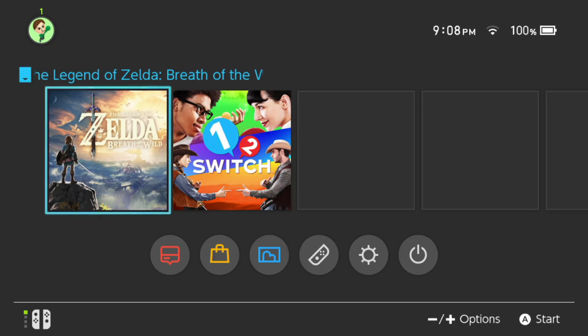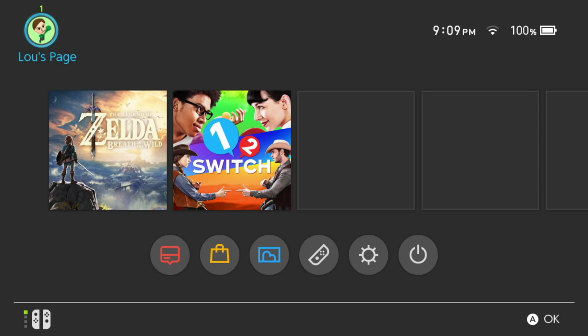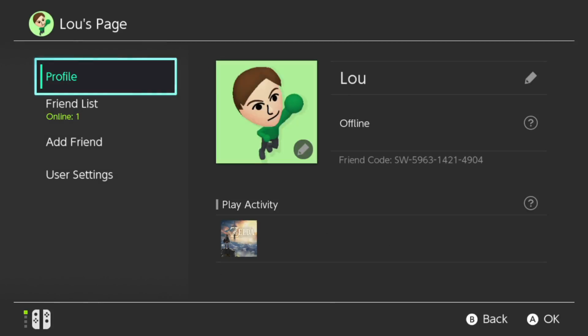It comes at a cost, ultimately. A lot of people saw the Wii and the Wii U interfaces as more fun and bouncy and maybe inviting. This is much more of the sort of polished, minimalist, streamlined interface that you would expect from modern devices, and the Switch really fits into that mold much more than it does the Wii or the Wii U. There's no system music at all, really, to speak of. Finally, with the one fun sound effect in the system, you can go into user settings, including your own profile